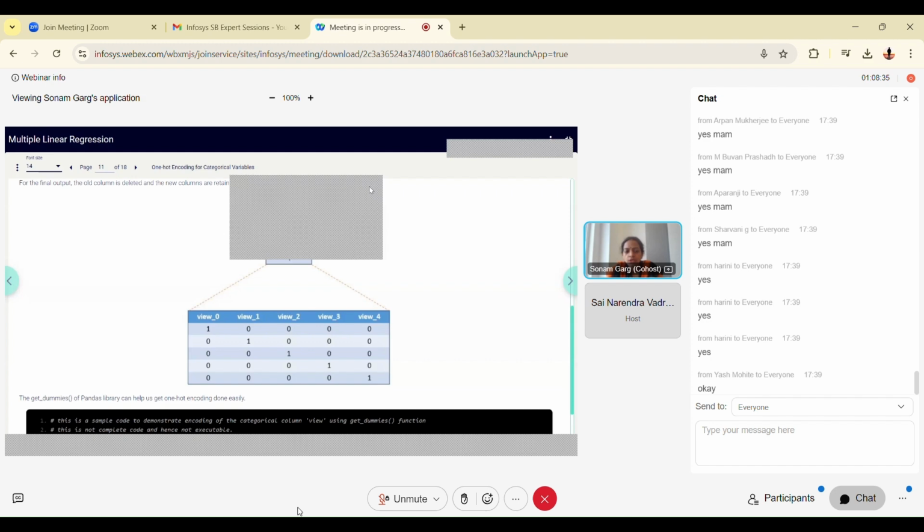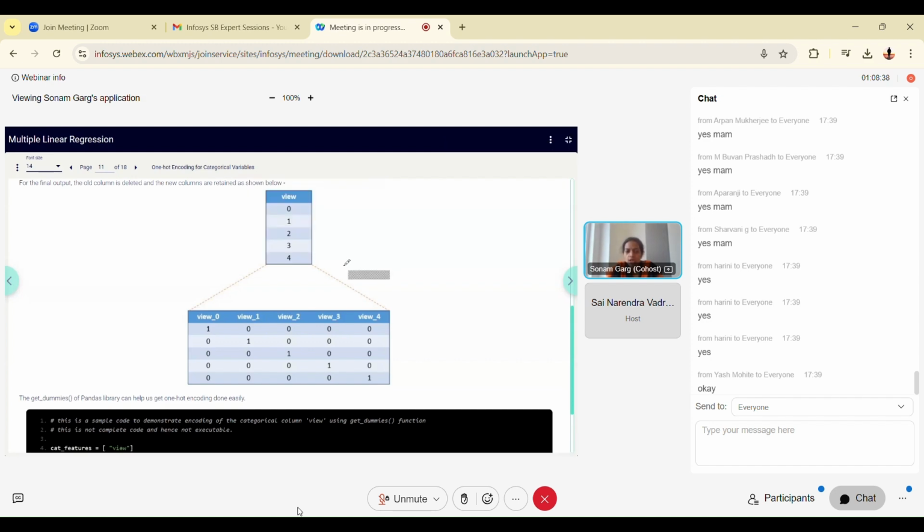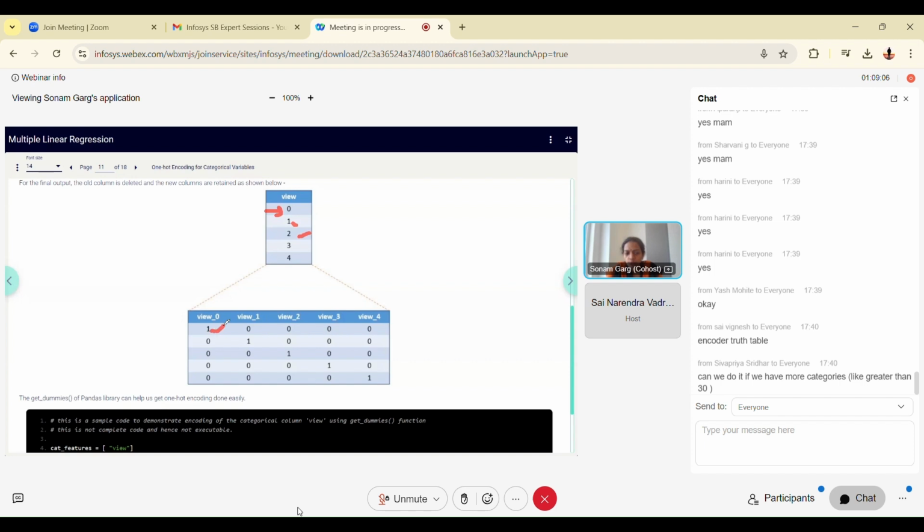When you use the get_dummies function, dummies are created. This is called one hot encoding, where for every category or label, we have 5 labels, so 5 columns will be created in the actual data set. 5 columns will be created with the name view and the value, view and the second value, view and the third value, and so on. So where at place 0, if I have to represent 0, this value will be 1. Wherever I have lake view, it will be replaced by this vector.